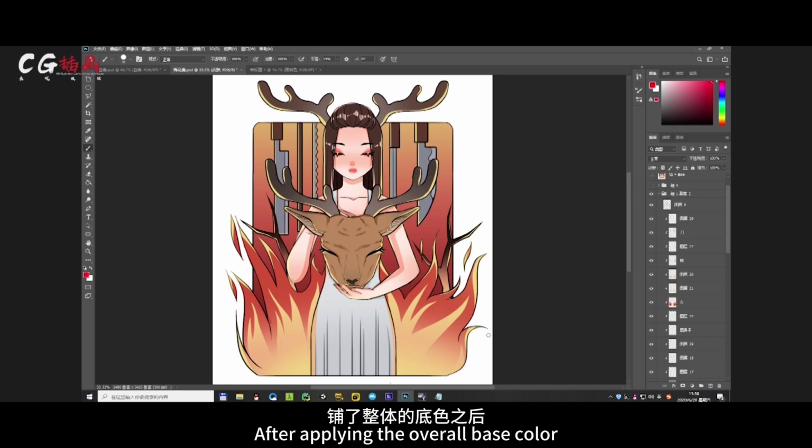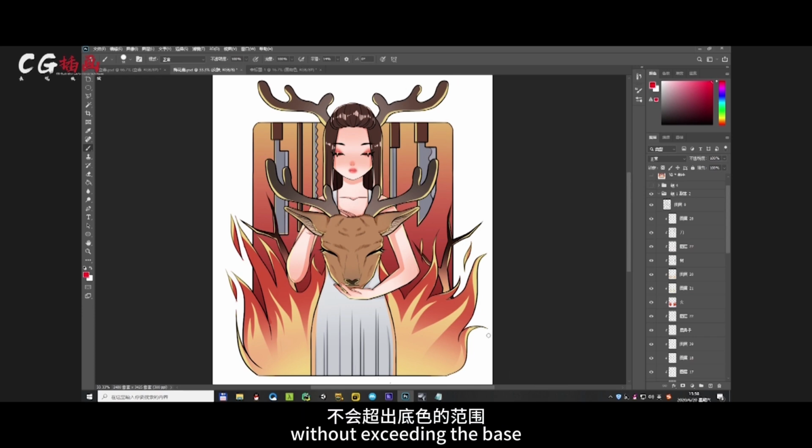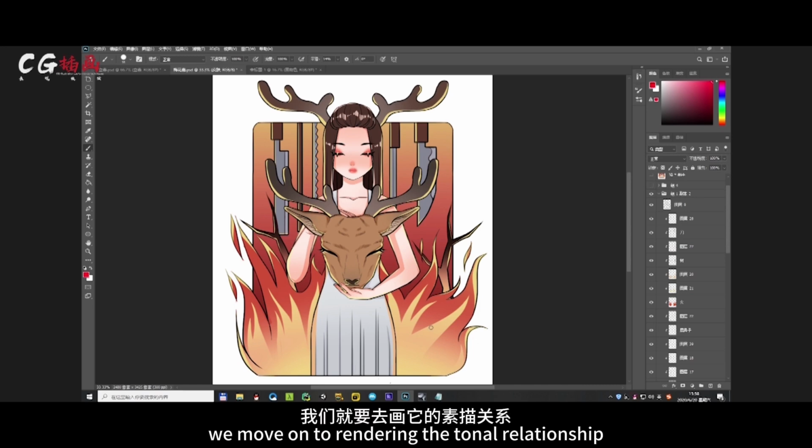The third one is applying an overall base color. After applying the overall base color, we can paint within its boundaries without exceeding the base. The fourth step is to add the local colors of each object. Once the local colors are applied, we move on to rendering the tonal relationship, that is, the light and shadow